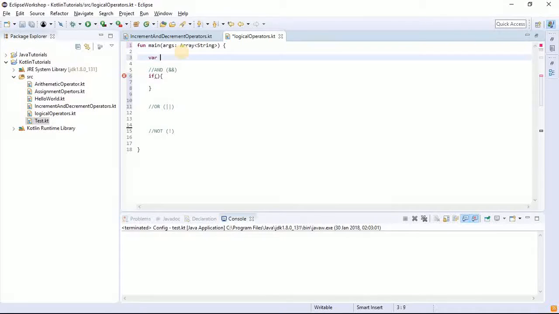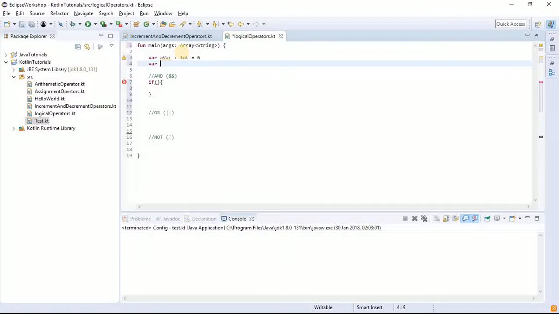I'm going to have var a of type Int equal to 6, and then var b of type Int equal to 9. So if a is equal to 6 and b is equal to 9, then println